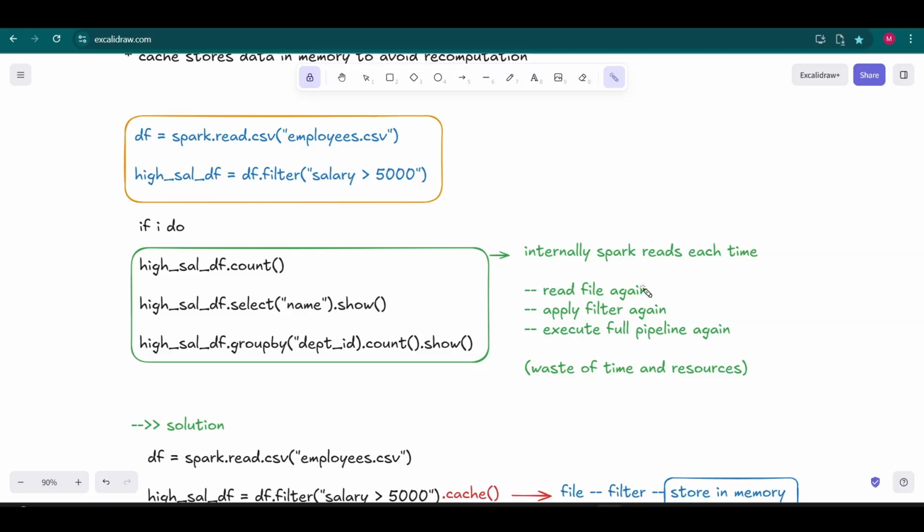Again, if it needs to read the file and filter, it needs to filter from the df, and it doesn't know anything. So it will read the entire file again. For small files, 1,000, 2,000, 10,000 records, it's fine. But if you have some 70,000 records, 1 lakh records like that,